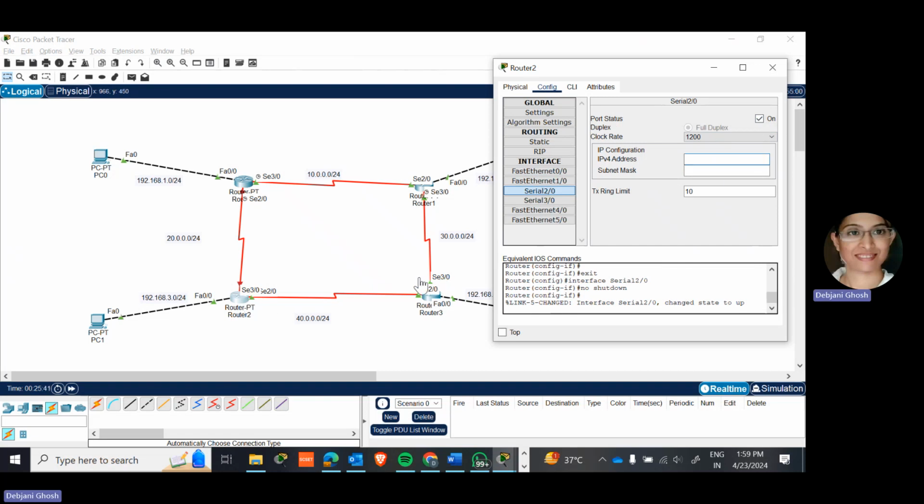So this port IPv4 address to be 40.0.0. I think you have remembered that one was already I have given to this port. So this will be your two subnet mask. Update the subnet mask 255.255.0. Okay. And then the last one, which is serial 3/0, enable the port, IPv4 address will be